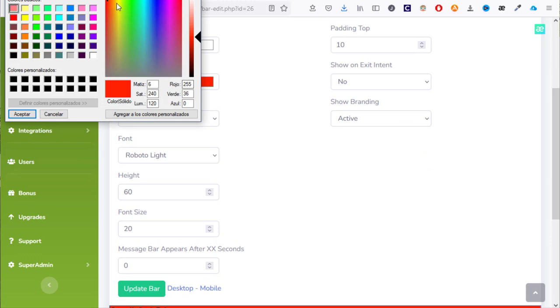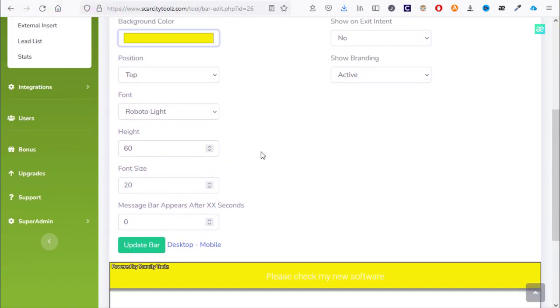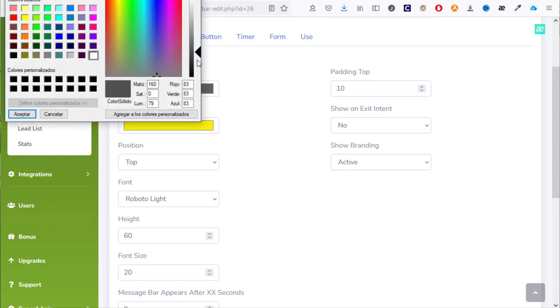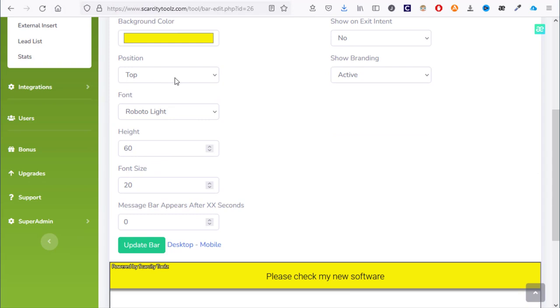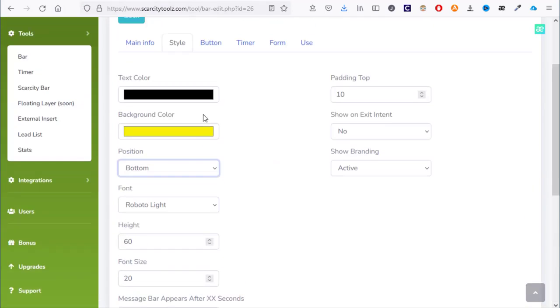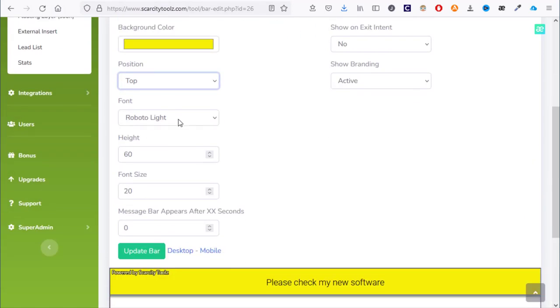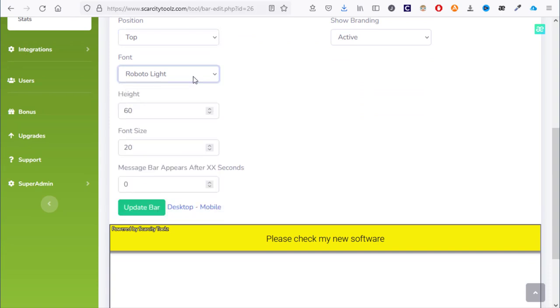Style: I can change the text color. I can change the background color, for example, a yellow one, just to be noticeable. Okay, maybe I can change the text color to black. I can change the position, on top or bottom of the page. Let's do it on the top. I can change the different